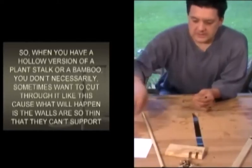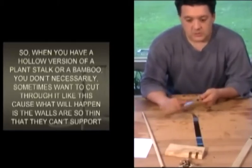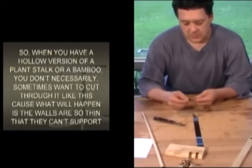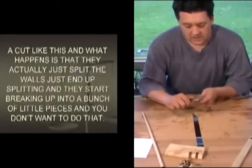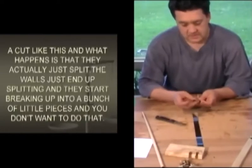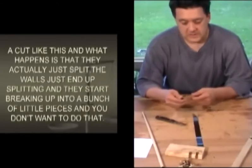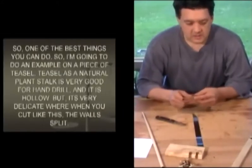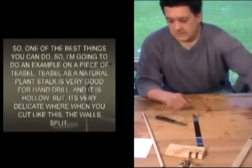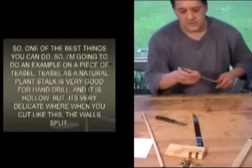you don't necessarily sometimes want to cut through it like this. Because what will happen is the walls are so thin that they can't support a cut like this, and what happens is that they actually just split. The walls just end up splitting and they start breaking up into a bunch of little pieces, and you don't want to do that. So one of the best things you can do, actually,